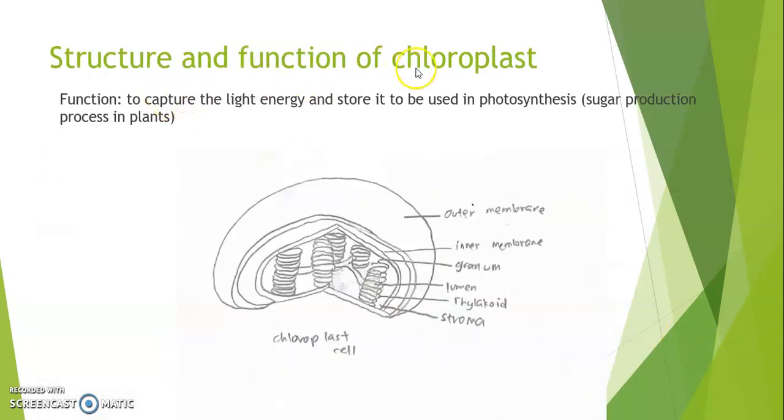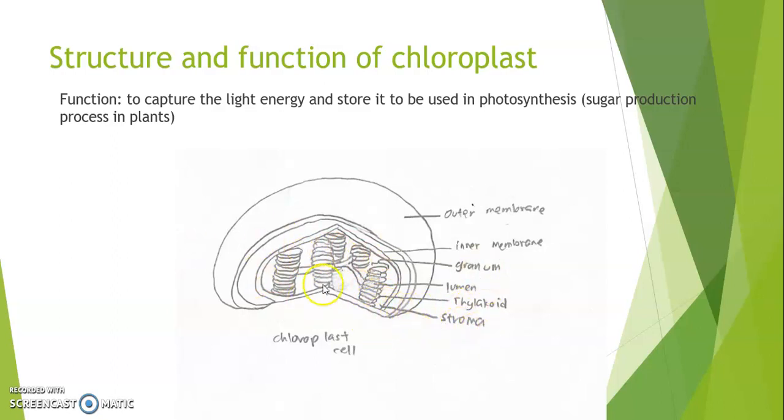The structure and function of chloroplast. So this is the structure of the chloroplast cell. It involves the outer membrane here, the inner membrane here, the granum. Granum is the whole stack of thylakoid. Thylakoid is the one plate, something like this. The lumen is the inside of the thylakoid. The stroma is the environment here, inside,